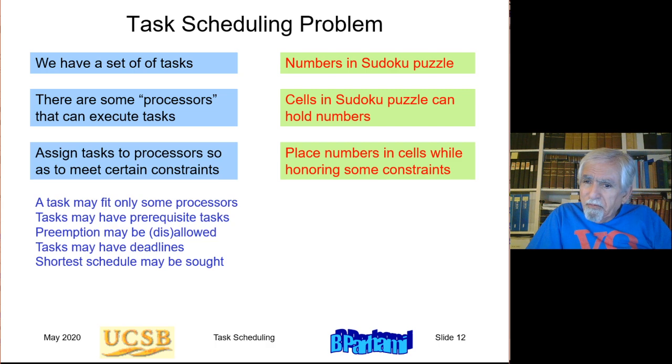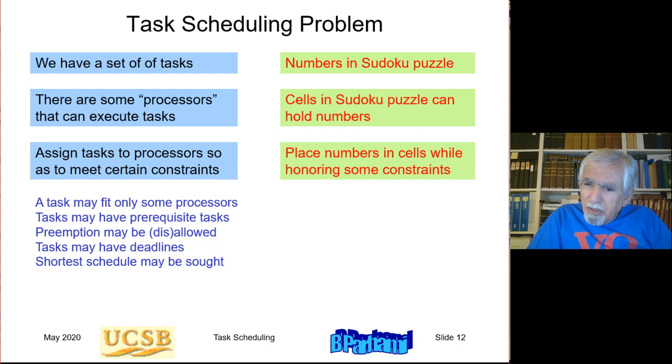Now, a task may fit only some processors. In other words, only some processors can execute a particular task. Tasks may have prerequisite tasks. In other words, some other task must be performed first before we can execute a particular task. We may have